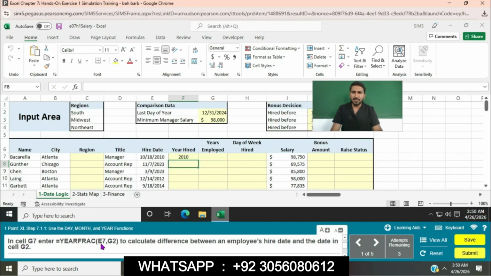So in cell G7, enter equal to the DATEDIF function, using E7 and G2 to calculate the difference between the employee's hire date in E7 and the date in cell G2.